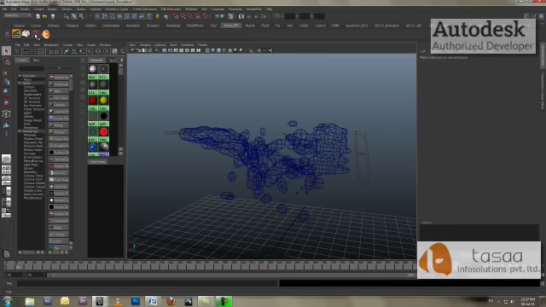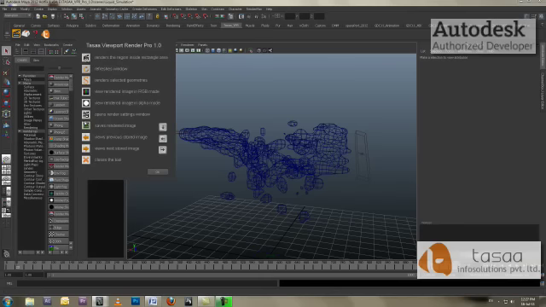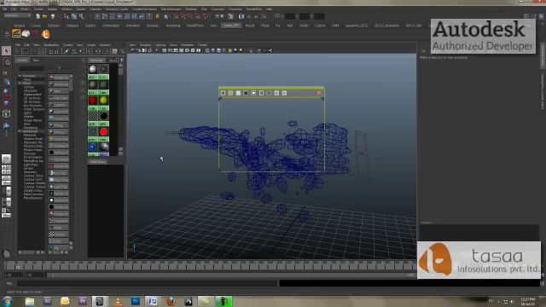If you click on this, it will show you a one-liner description of all the icons present in this viewport render. These are all the icons, and the one-liner description is mentioned in this help. I'll click OK, and this is our TASA support. If you click on this, it will divert you through the web browser and open up the TASA support web page. I'll take you through that at a later time.